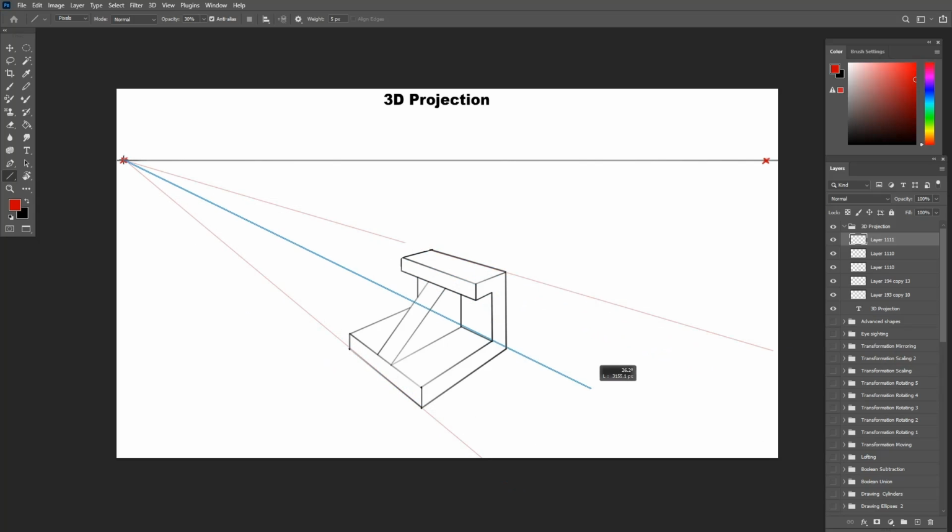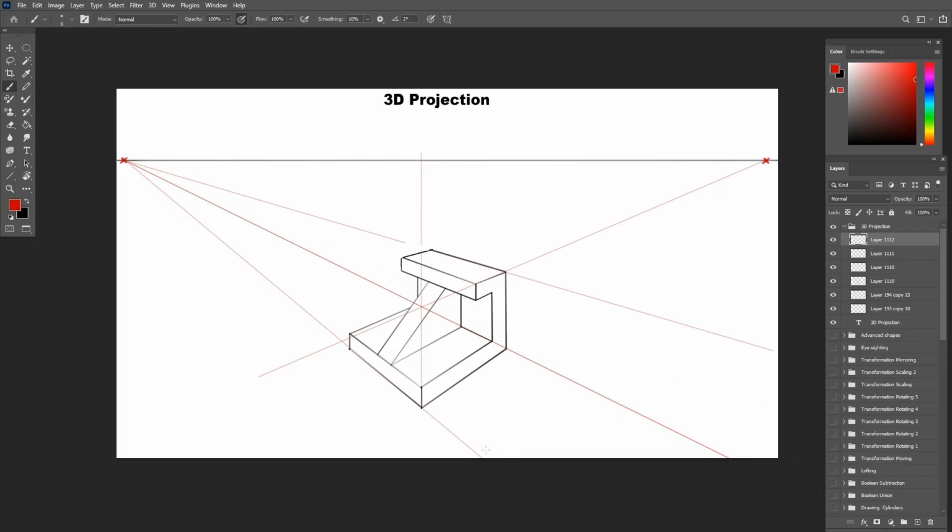First thing to do is to extend the front face outward using the vanishing point. I also extend the lines from the other vanishing point to close off the whole shape limit from all sides. Now that we have the rectangle that encloses the whole shape, we can push it outward away from the object.